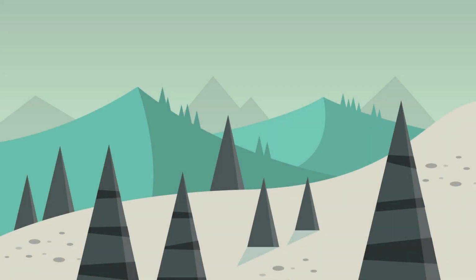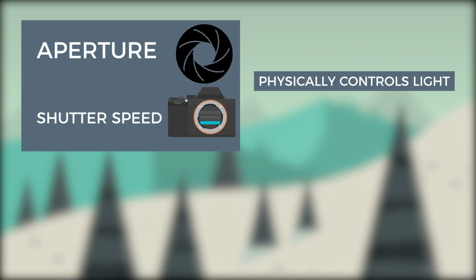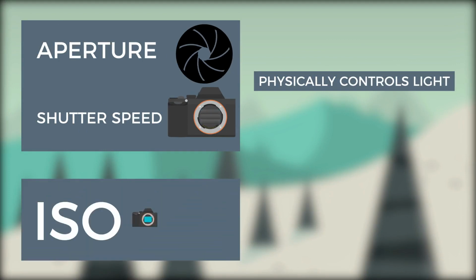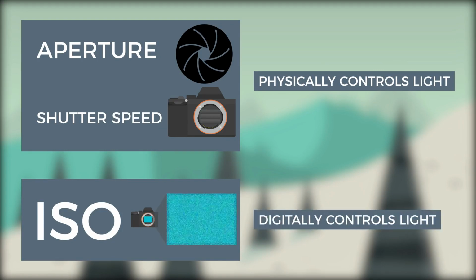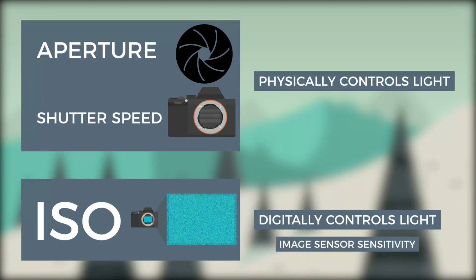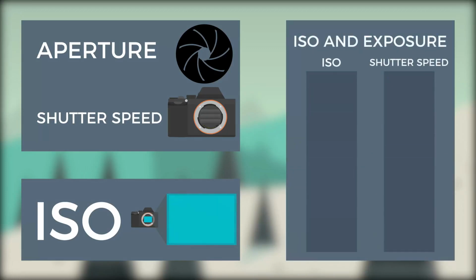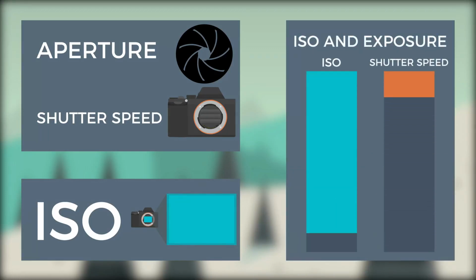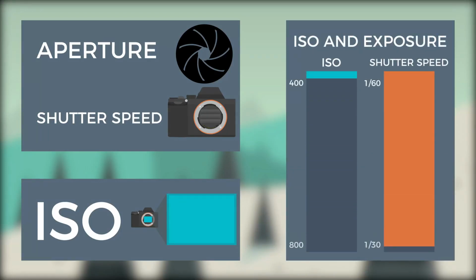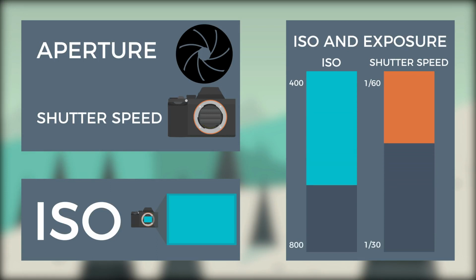What is ISO? While shutter speed and aperture control the amount of light physically hitting the sensor, ISO controls the amount of light the camera needs and is a representation of the sensitivity of the image sensor. As the ISO increases, the light it takes to expose the image decreases. For example, doubling the ISO from say 400 to 800 results in the camera needing only half as much light